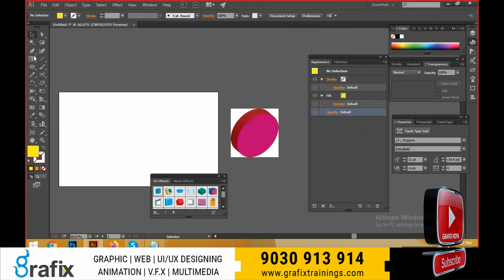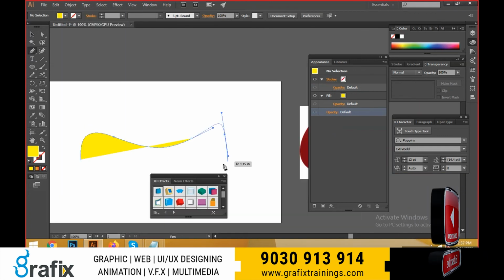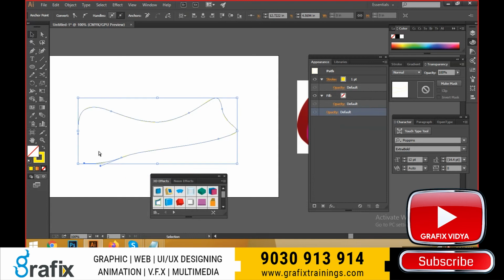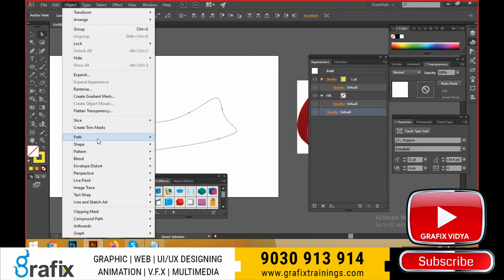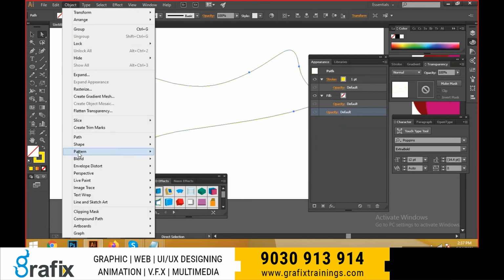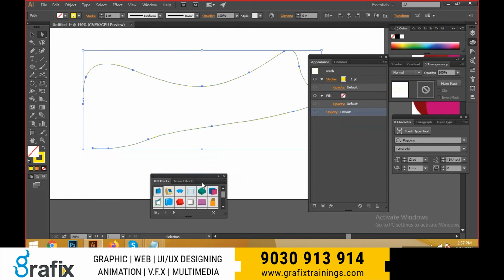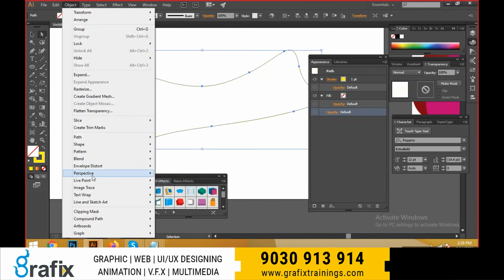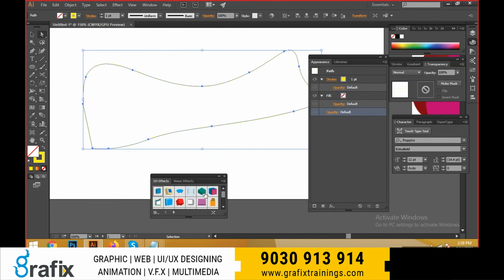Suppose if you take any path, select this one, and these are the 2 points here, and make it as an object path join. Automatically it has been joined. See, it has not been joined, make it as a path joined. That's it. And path, we can add the anchor points. Automatically the points have been added, and make it as a joined path, and remove anchor points. Totally the anchor points have been removed. And path, divide the objects below.